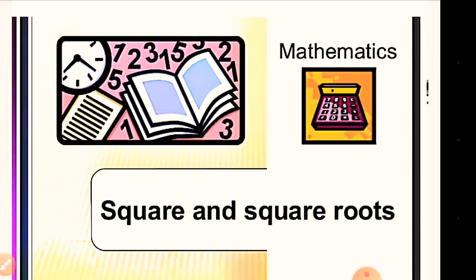Now root means what? Root means the opposite of square. Square means the answer 9, the answer we are getting, and that is a square number. Now square root means you have to think of which number you are multiplying two times so that the answer is 9. So 3 we are multiplying two times. So 3 is called the root of 9 and 9 is called the square of 3. This way they are reciprocal of each other. So the answer 9 is called the square of 3 and 3 is called the square root of 9.